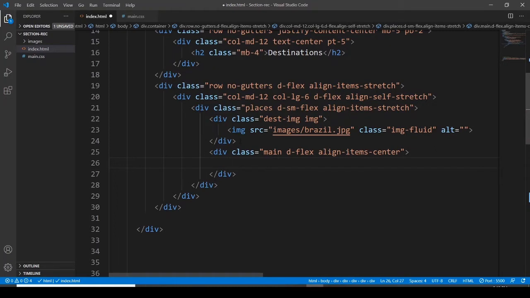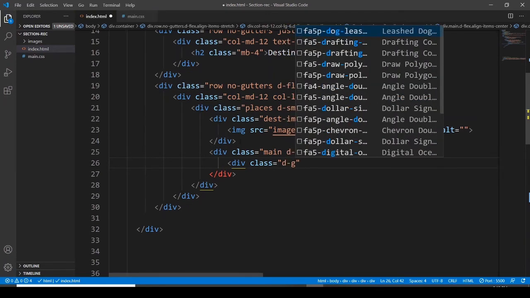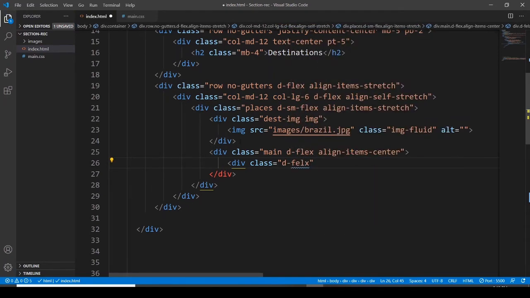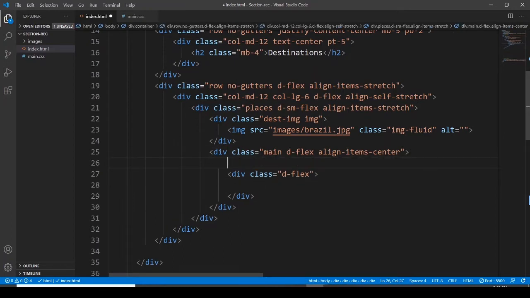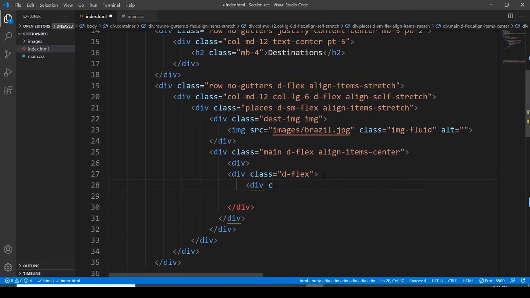Then I want to go with another division, assigning it a class, and this class is going to be display flex. You know what, I just want to wrap it in a div. Let me have a div here, and that will be here. Okay, and this div is going to be with display flex, and another division, assigning it